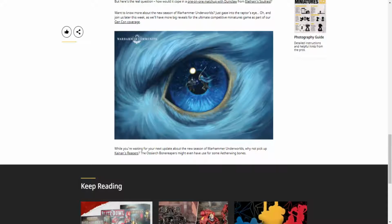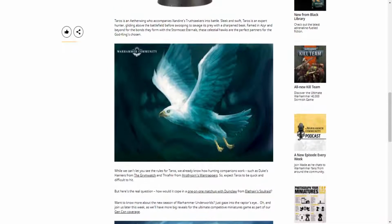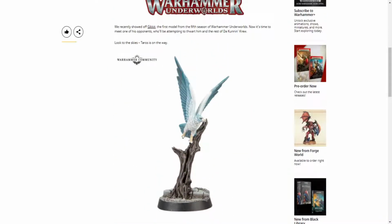So I think that's cool. Glad that they're reminding people that Underworlds has a future, right? I think Underworlds is fine. It's just the problem with Underworlds, and it's not a major problem, it's like a quarter one, quarter two game, right? And then quarter three and four don't see any other releases, other than